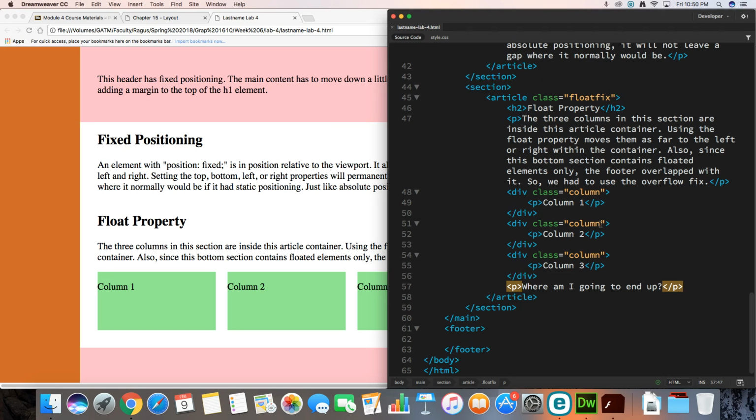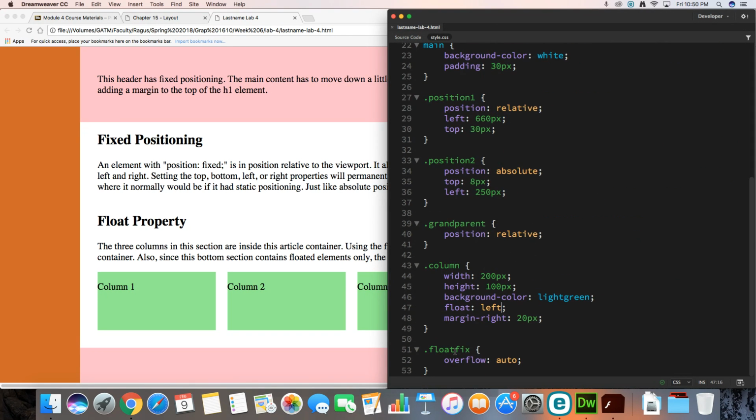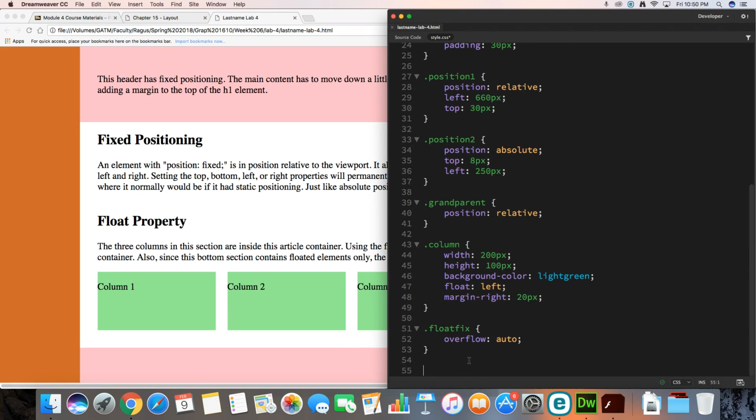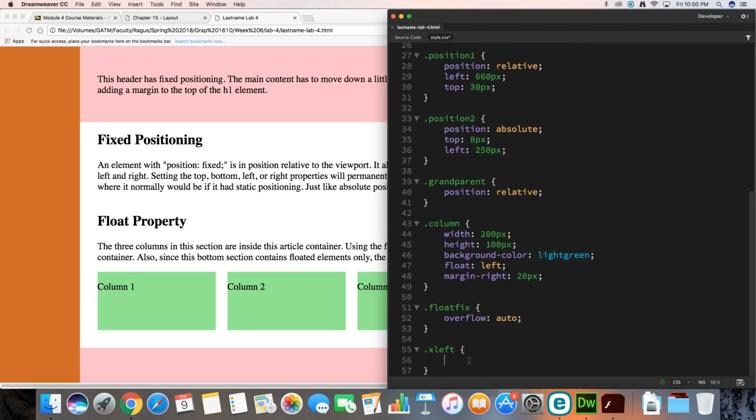And let's add another class there. Remember, you could apply more than one class to an opening tag. Just separate those with a space. Let's say x-left, as in we don't want anything on the left side. Save your HTML, go back to your CSS, and let's create that .x-left class selector, and we will say